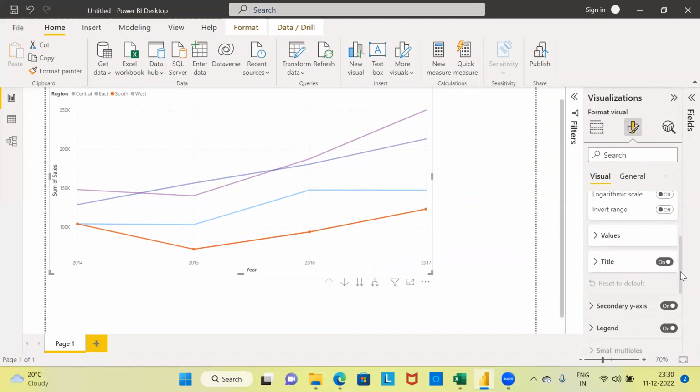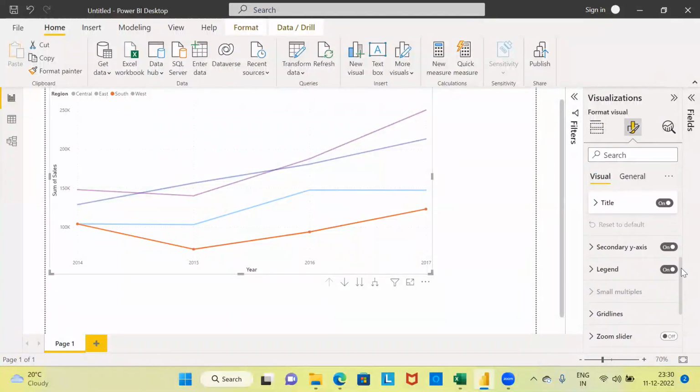Scroll down. Here you see what is called values. Now, one thing that you could do with values is you can change the font size as well as color for the values. I'm going to ignore this option as of now